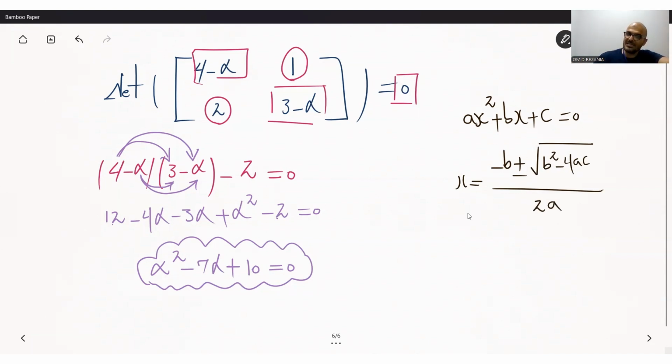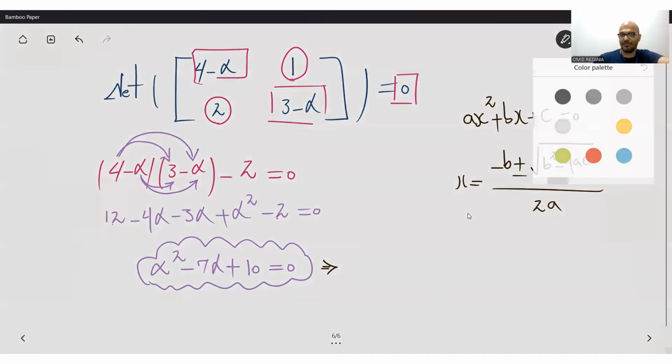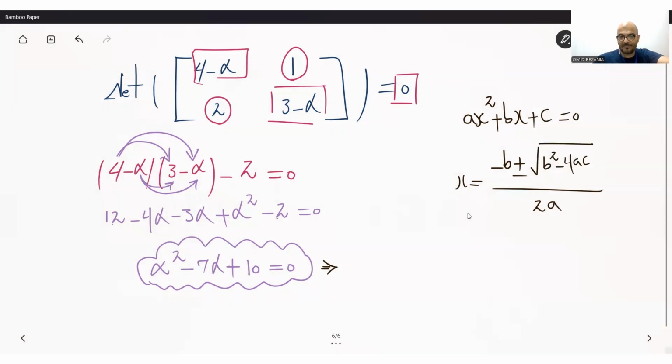And now look at this one. I'm going to use this formula to solve this. Then what happens? Alpha becomes, because alpha here represents x. What is b in this equation? That's right, minus 7. Then I have minus (minus 7), which is 7, plus or minus square root of b squared minus